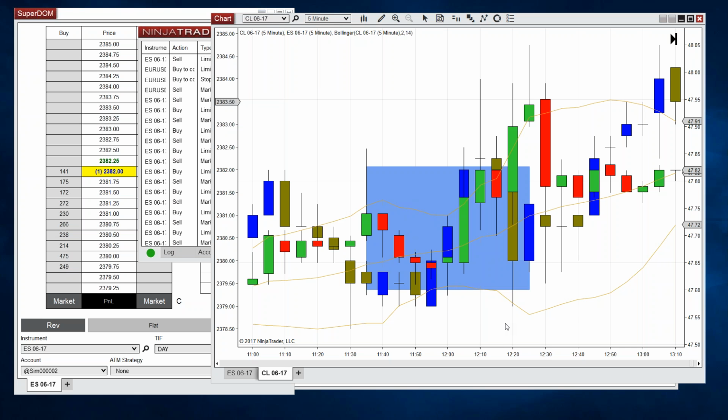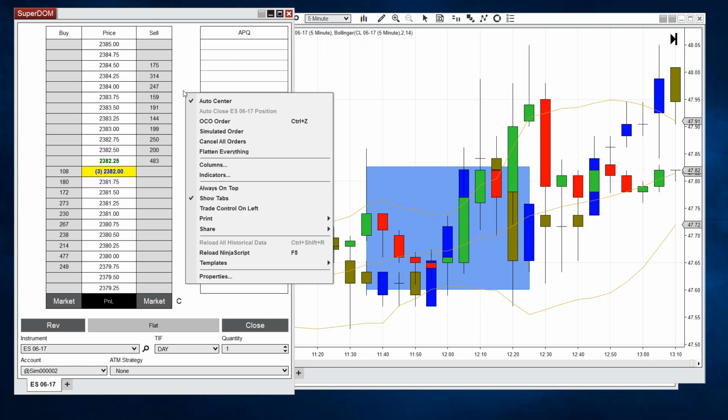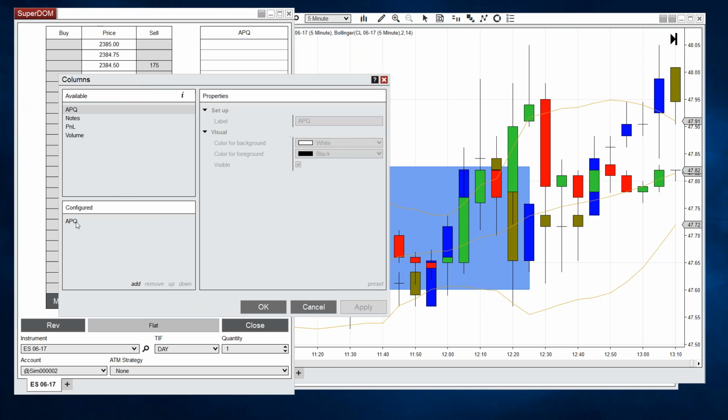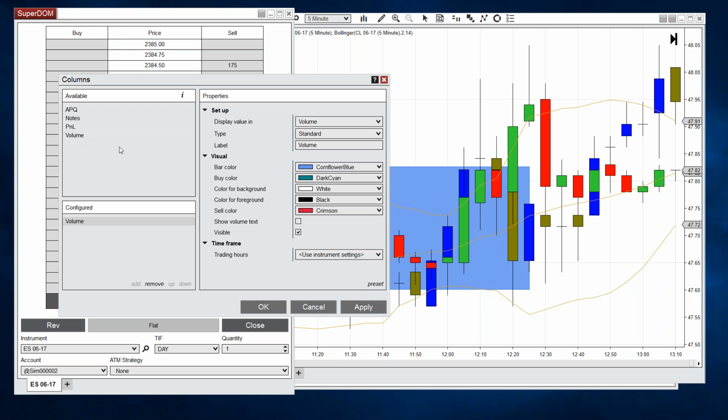Does NT8 show volume traded at bid and volume traded at ask in separate columns? Let me think about how to answer that question, because there are a number of ways. Let me show you this. I'll say the answer broadly is yes. In the SuperDOM, for example, let me remove this column, and you can see here there's a volume column.